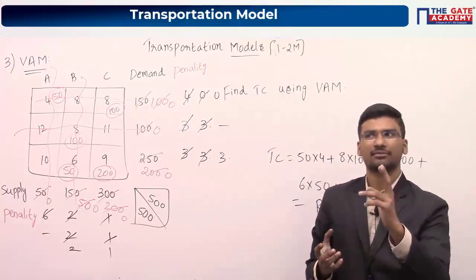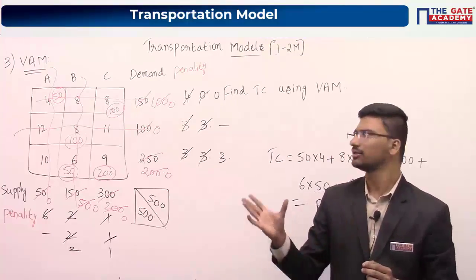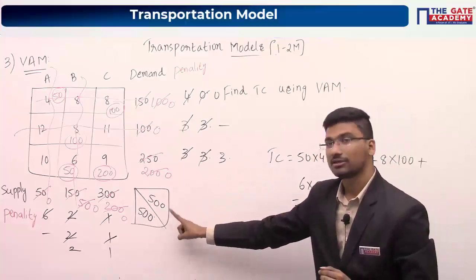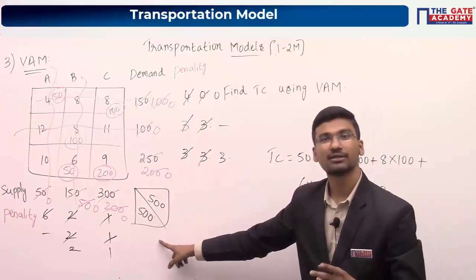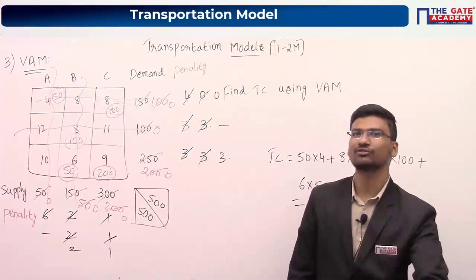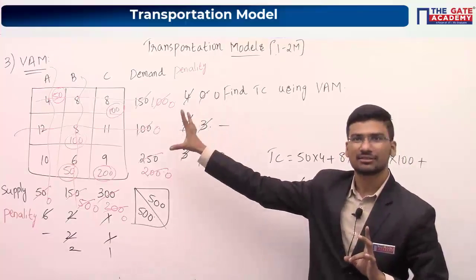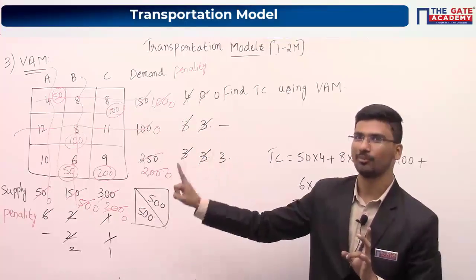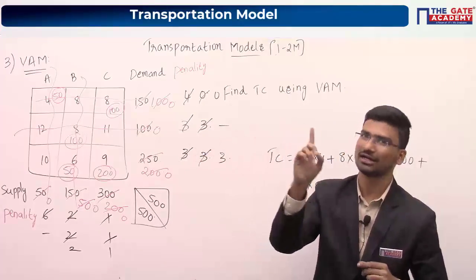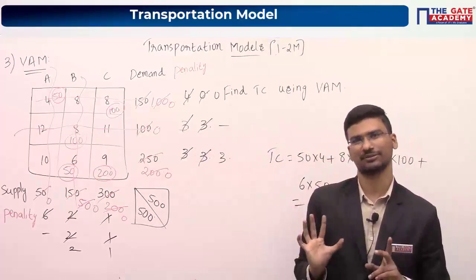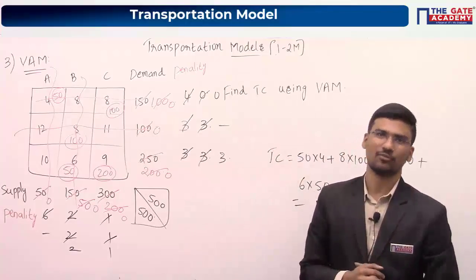Okay. And after MODI method, we are having some special cases in transportation. That also we will see. Generally these algorithms are applicable when total supply is equal to total demand. If total supply is not equal to total demand, what should we do? That we will see in special cases of transportation. And generally these algorithms are applicable for only minimization problems, meaning transportation cost we are minimizing. If it is a maximization problem, what we have to do, that also we will see in special cases of transportation. With that we will be finishing transportation models. After that we will be starting with assignment models also.